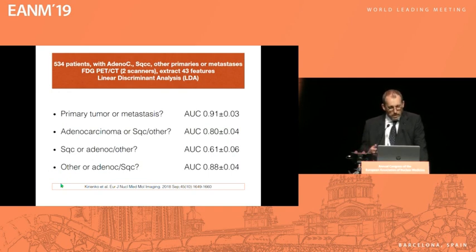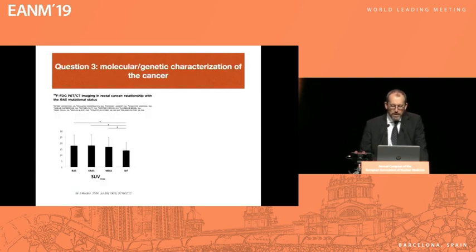But overall, again, very encouraging, because all you have to do is point to the lesion and then manage these radiomic features using this automated algorithm, and you get an answer with a reasonably high accuracy. Next question. I know what type of cancer it is. Can I go further into the characterization of that lesion? For instance, genetic